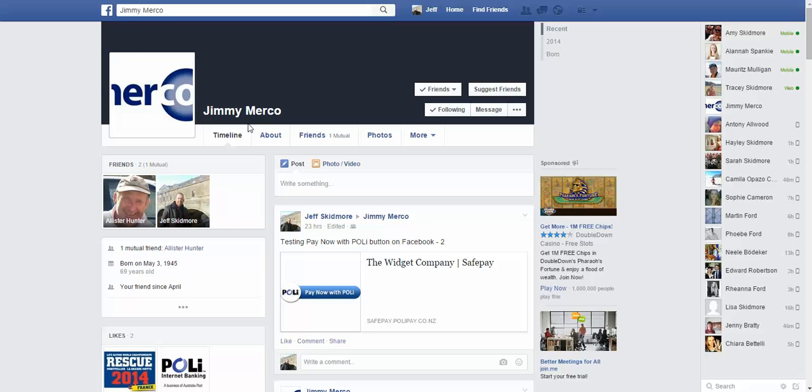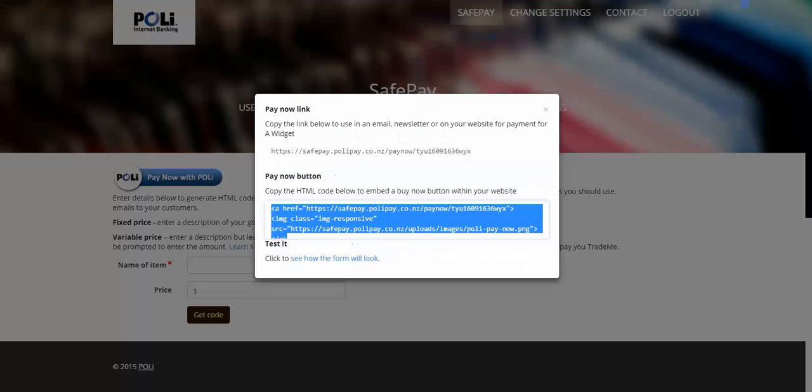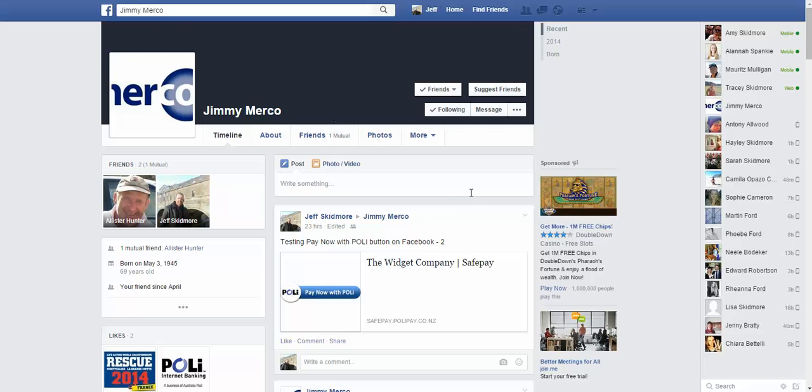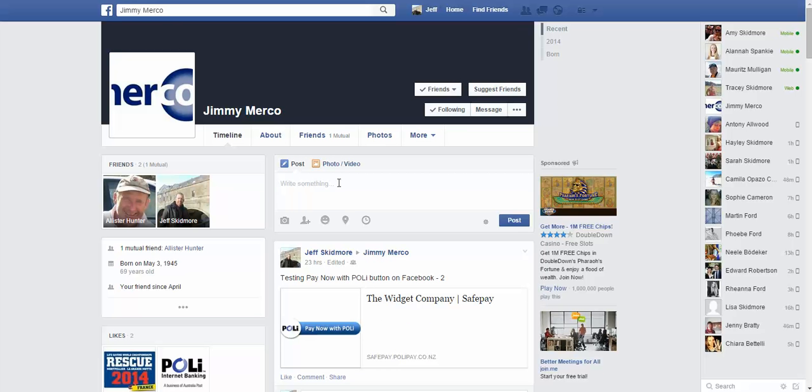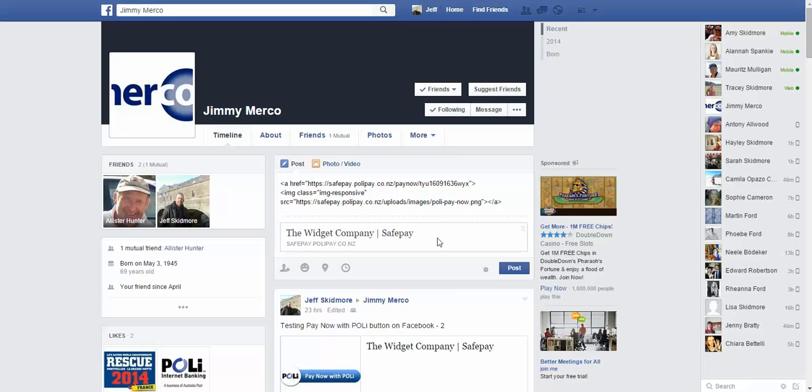Now the other thing I can do with the HTML is I can put it into a Facebook post. So I'll go back to Safepay, I'm going to copy that into my clipboard, and I'm going to post into here. So I'll just post the HTML. You can see Facebook over here is sort of thinking about that. It's gone to that page and it's stripped a few items out of it. So the name of the company, Safepay, the website address. So if I post that,